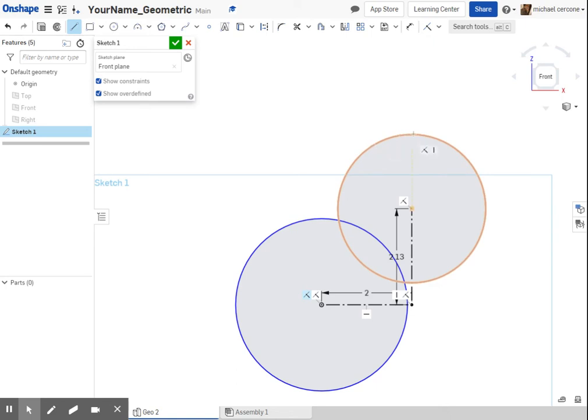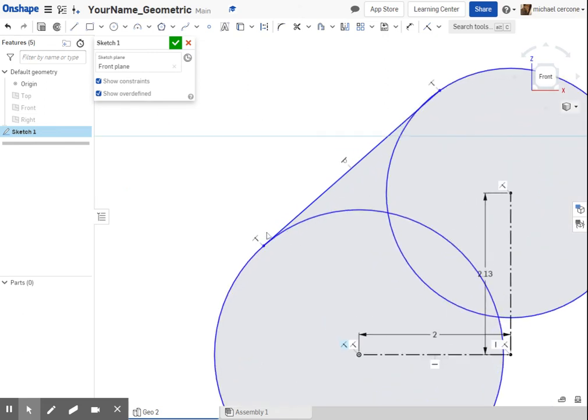I don't want it to snap vertical or horizontal to the center though. So I start coincident, and then I'm going to move my cursor over this arc, and I move it around, and you can see there's coincident. If you keep going, eventually the coincident and tangent constraint will appear,